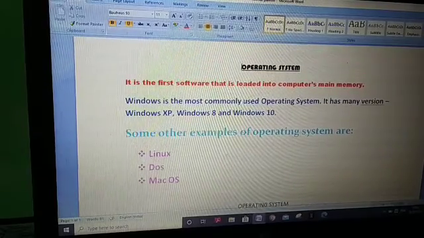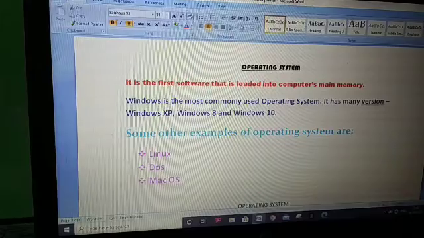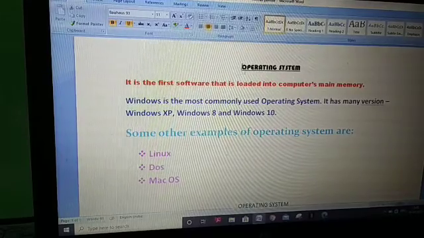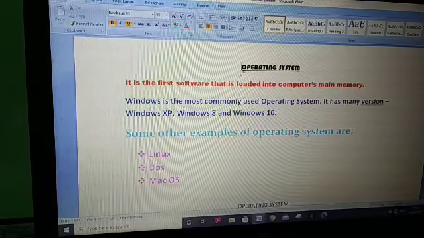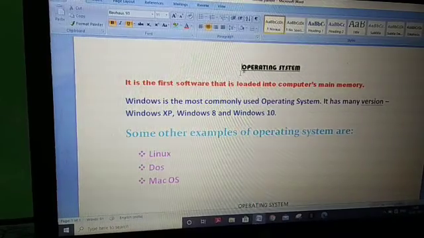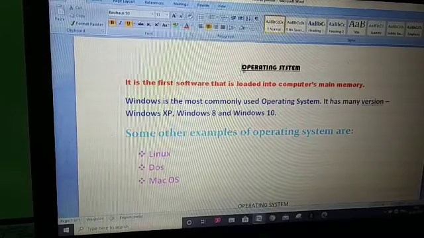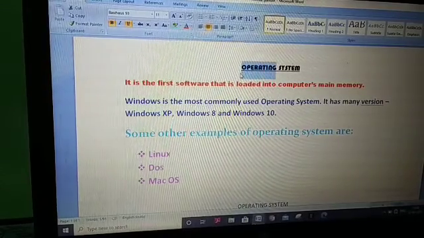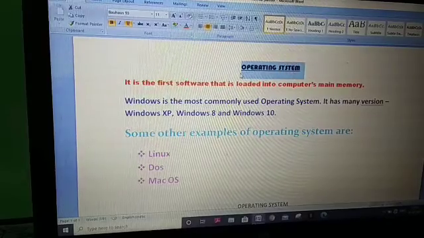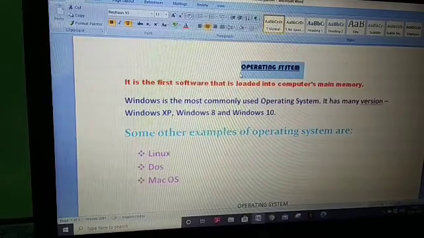From this line to this line. So what we have to do first, we have to select the text. Press the Shift key and right arrow, and keep pressing right arrow. One by one all the letters will be selected.